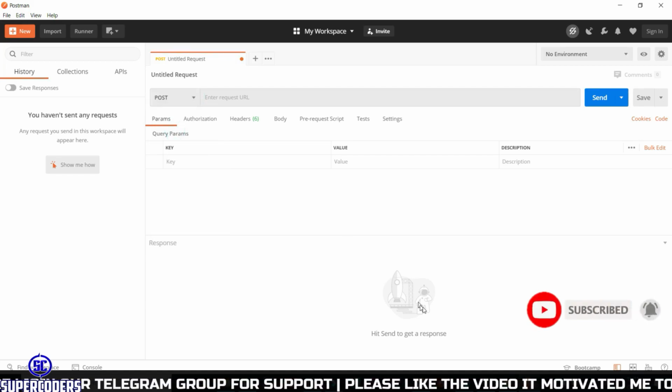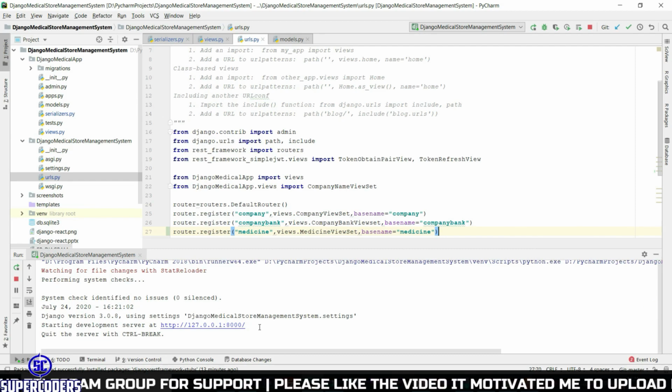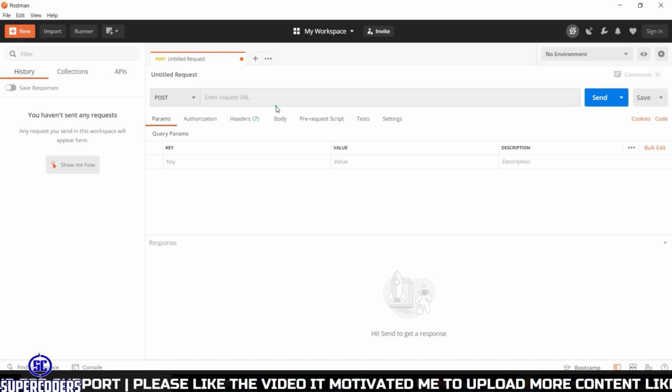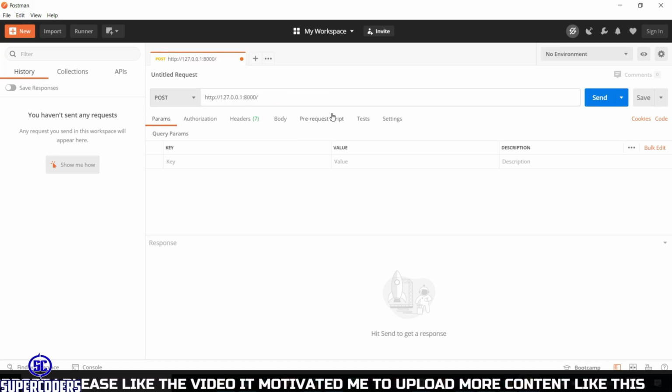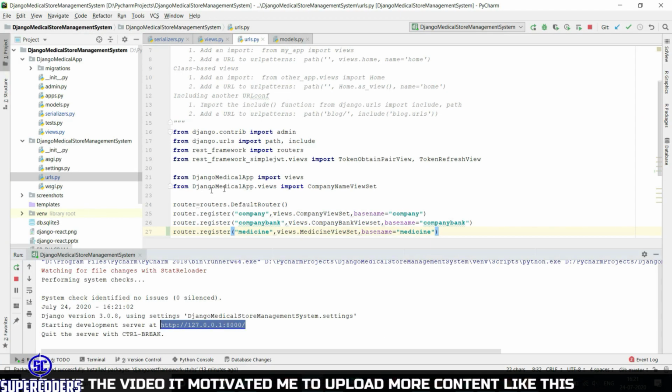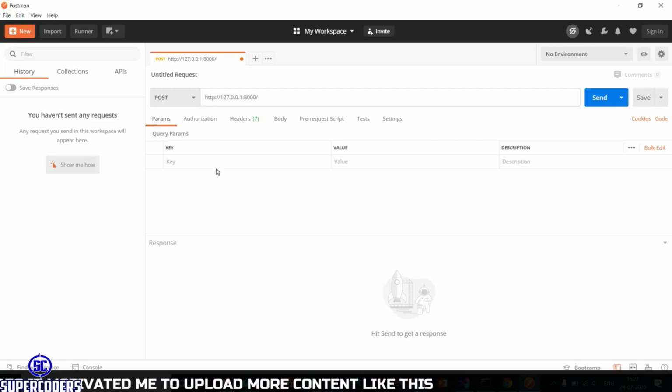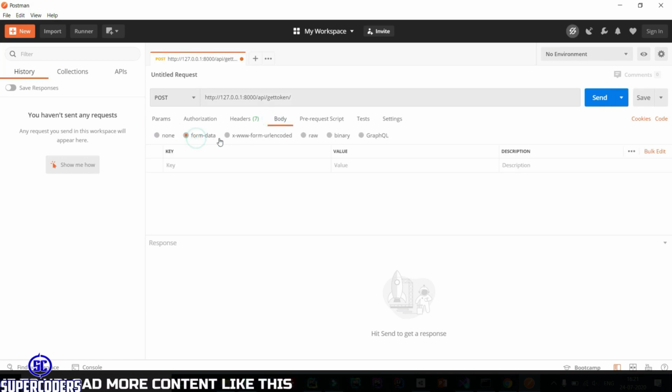So POST, then copy the URL, paste here, then here get token, and pass in the body username, password, and click on send.